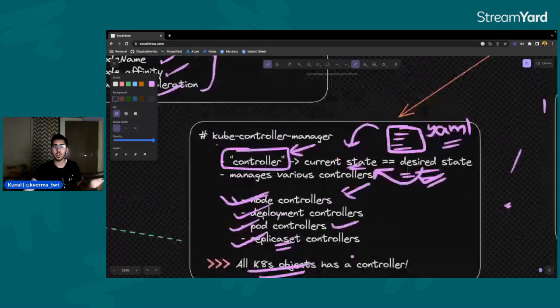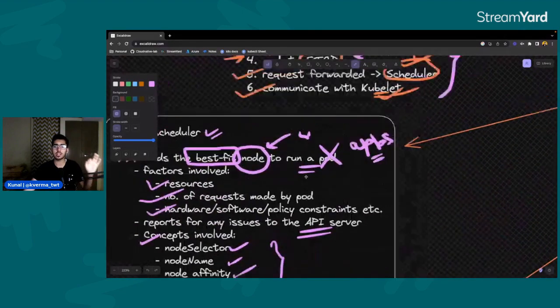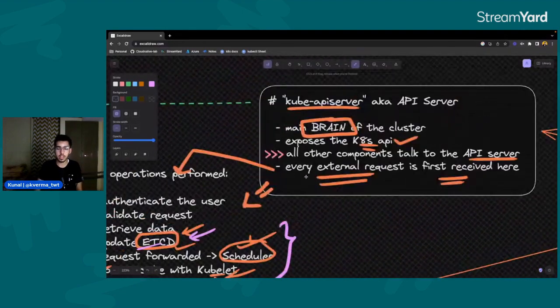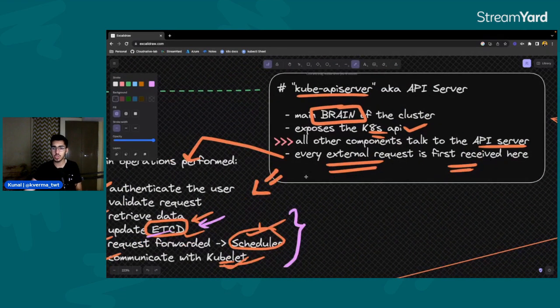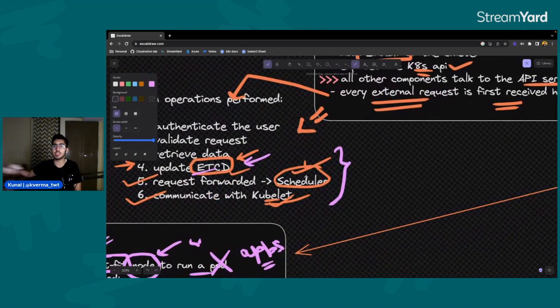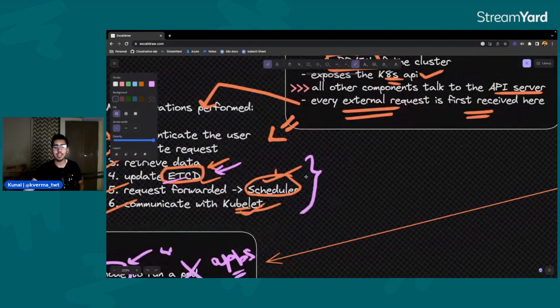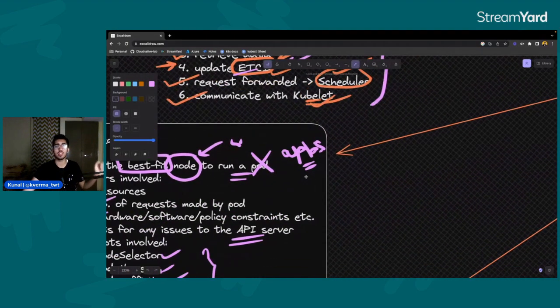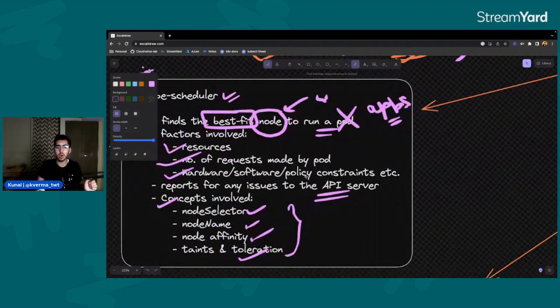The fixing of the pod will be done according to what the API server commands, right? The API server will see, okay, what is the issue with the application? And then when the issue is solved, talking to other components, which we'll see a little bit later, it will again go to the scheduler, which will schedule the pod. So the scheduling of the pod, or the scheduling part, is done by the kube scheduler only.